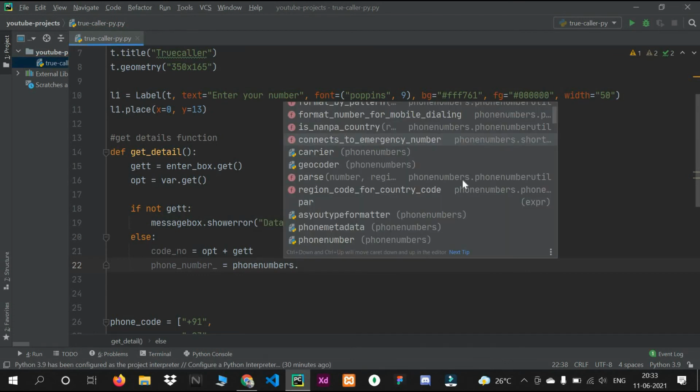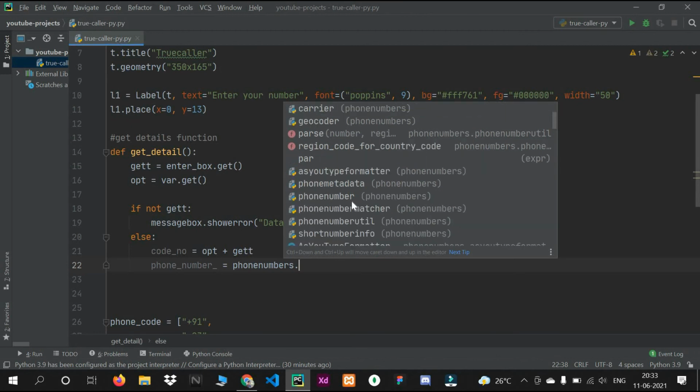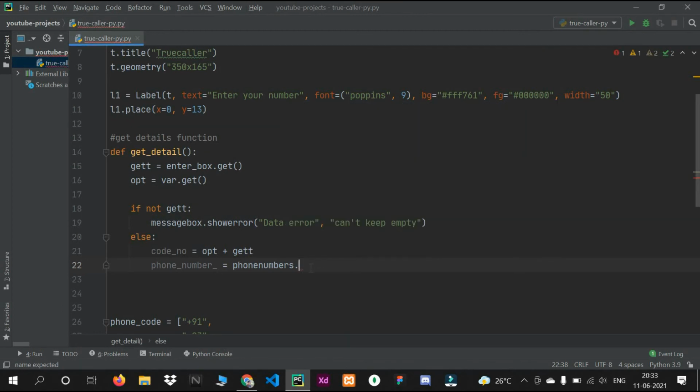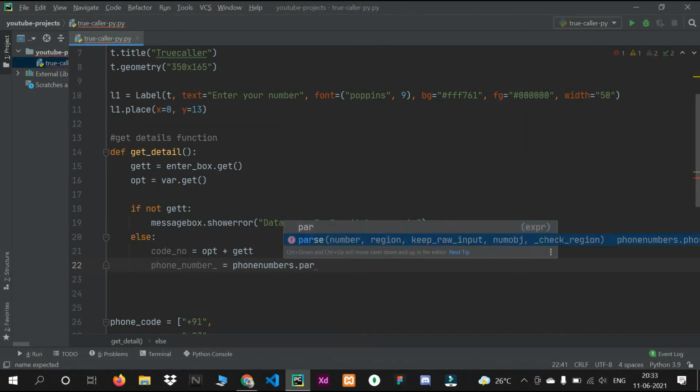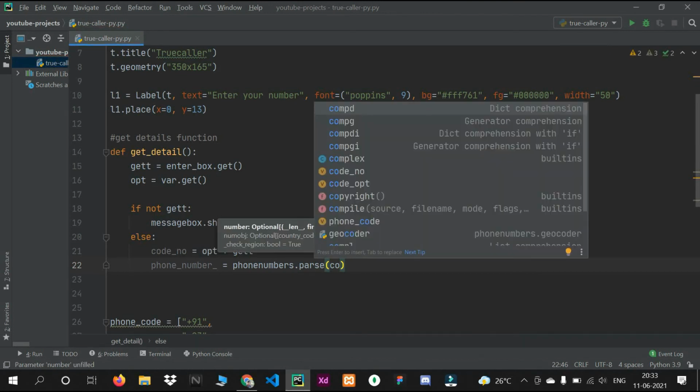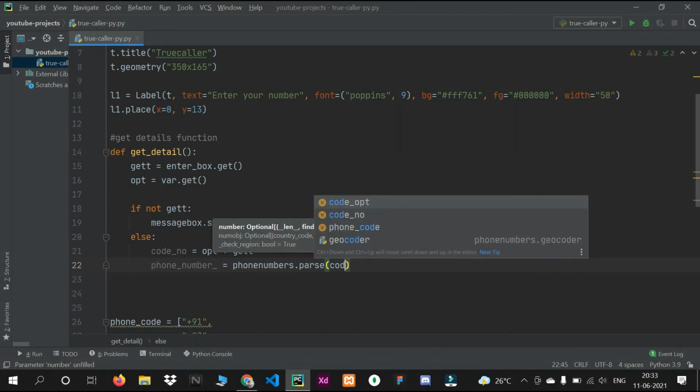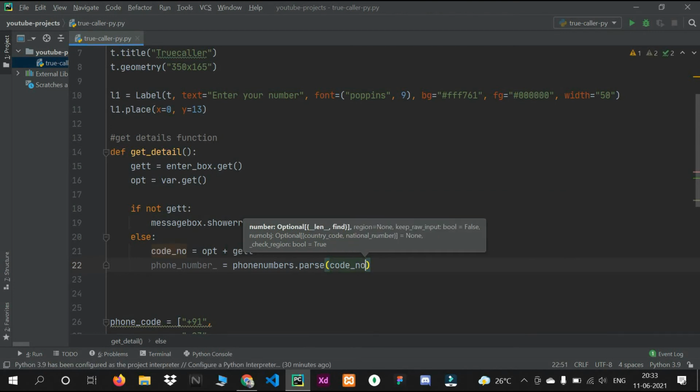If you press the dot you can see so many things you can do with this. From that I want to parse. So parse, and we will pass our code number variable, and then